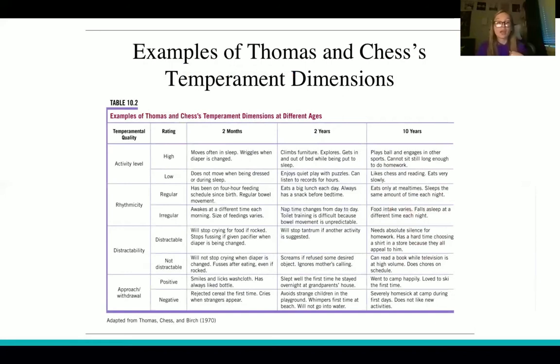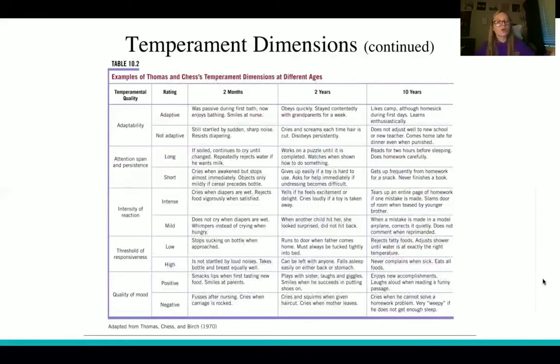Kids with a high activity level generally will have maybe a more negative effect on their temperament. They have a lot of energy, stuff like that. Kids with a lower activity level are usually maybe easier to deal with, but they may not have as high reaction times and stuff like that. And the same goes for the rest on that side. The next one. These go through the next 5, and it's just the same thing, going a little more into detail, such as